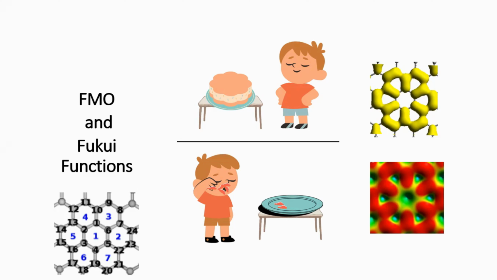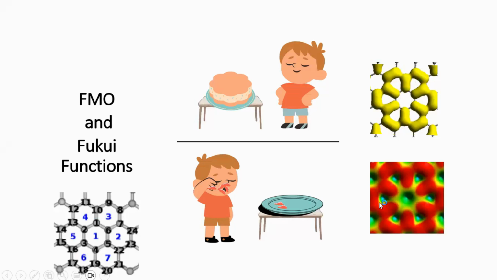So there is a maximum possibility that he can eat any portion of the cake. So this is nothing but frontier molecular orbital. If I take the graphene system and calculate the HOMO orbitals, it looks like this. So now, just flow after some minutes, you may see the complete cake may have vanished, he